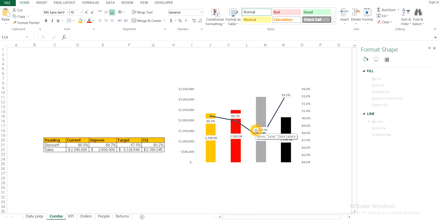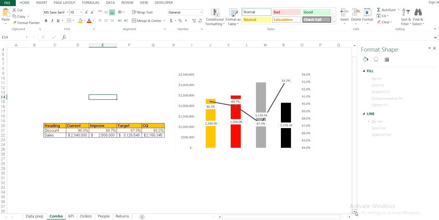So let's begin. First I have the data here, and based on this data I have drawn this chart. This is the final output. I have changed the color of the bars. Based on the requirement, or based on what the bar indicates, you can change the colors, and you can use this highlighted method to show the labels and everything. I'll show you from the beginning how we can do this.